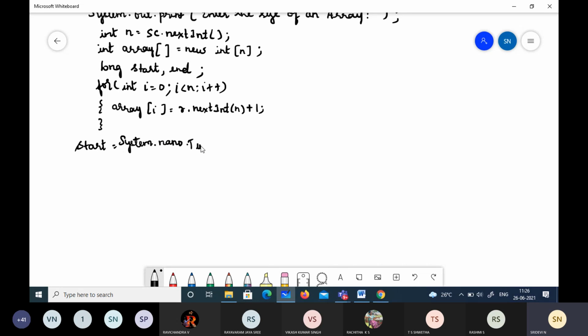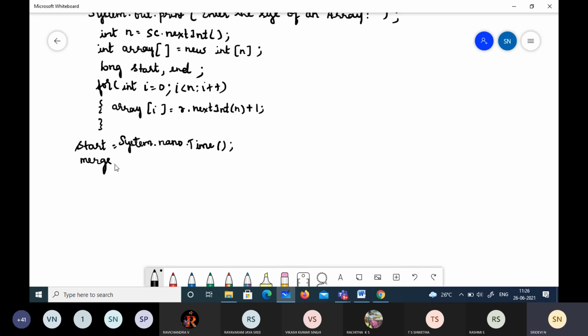So that we are just keeping it in the variable start. Okay, as it is a whiteboard, little bit handwriting goes here and there. Sorry for that. Then we will call the merge function.